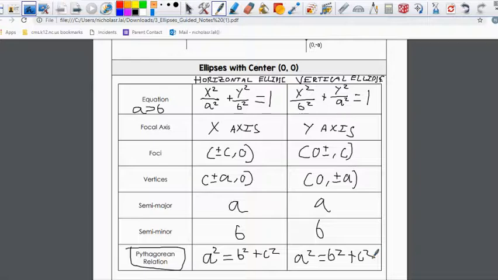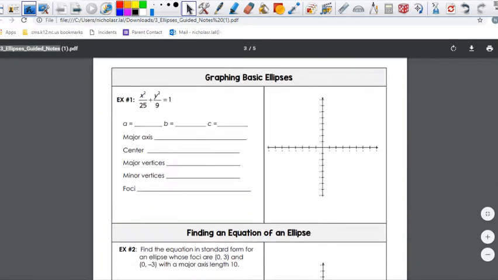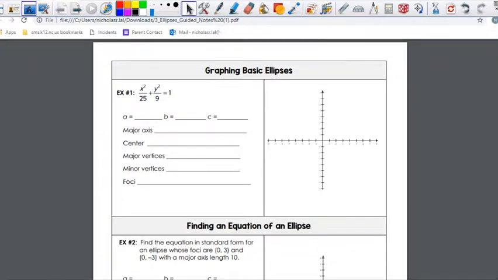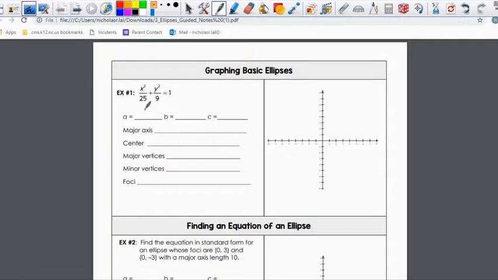Alright, so let's look at graphing some basic ellipses. These are basic ellipses because they have a center at 0, 0. We have x squared over 25 plus y squared over 9 equal to 1. Here, a is equal to 5 and b is equal to 3, because 25 equals a squared,